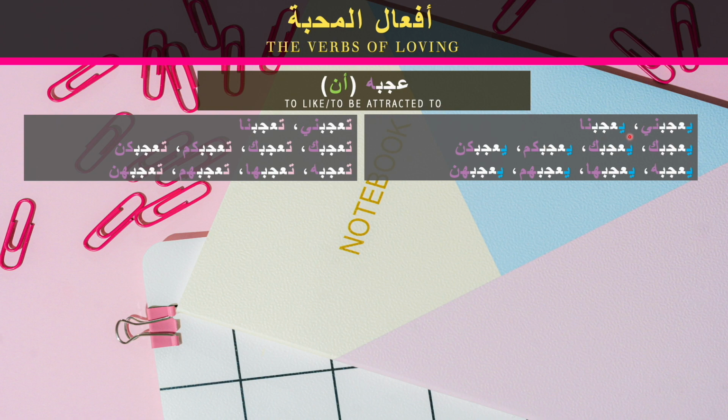This type of verbs, if the subject in Arabic, which is the object in English for the verb like, is masculine, we start the verb with the letter ya in the present tense. If it's feminine, we start with the letter ta in the present tense. So if I'd like to say I like the object in English, masculine, I will use these formations. If the object in English is feminine, I will use these formations.